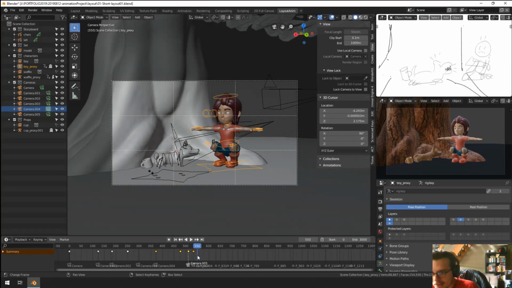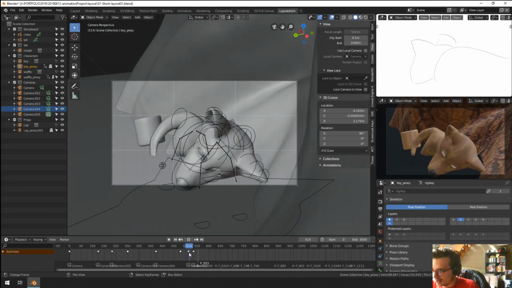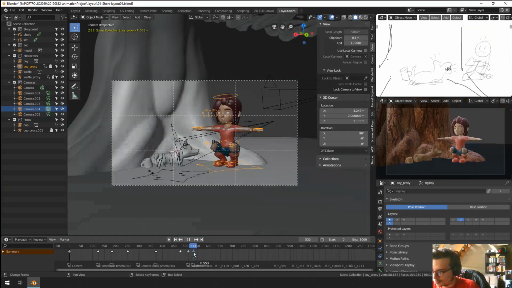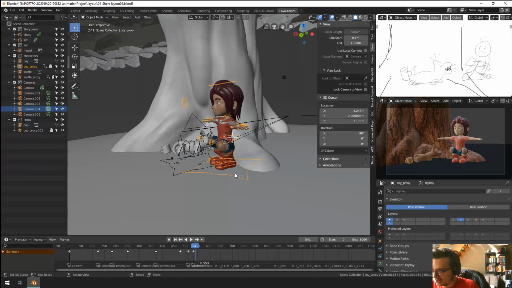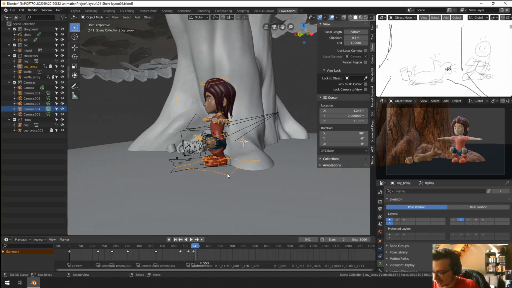So that's a director's change I can do, as a layout artist. So the dog is gonna bark here, and then we can make this motion pretty quickly where he